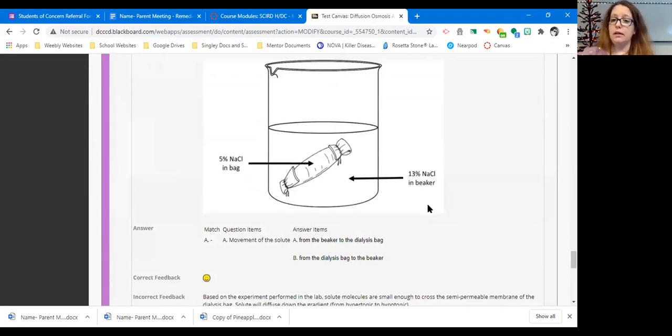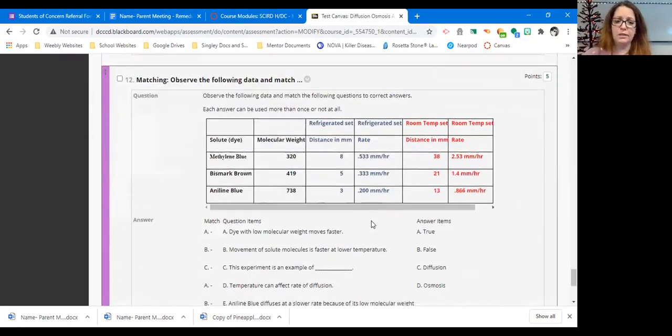5% NaCl in the bag, 13% NaCl in the beaker. Movement of the solute. The solute is salt. We actually know that salt can cross the dialysis membrane, if you watched the video earlier in the lab module. So the salt will move from the beaker to the dialysis bag. And then this table,